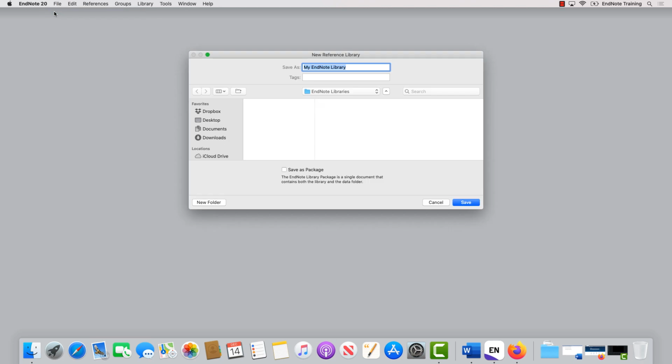To create an EndNote library, select New from the File drop-down menu. Choose a folder on your local hard drive where you'd like to create this new library. EndNote will suggest calling this file My EndNote Library, but feel free to assign a name of your choice. We recommend storing all your research materials in a single EndNote library, and I'm going to call this library My